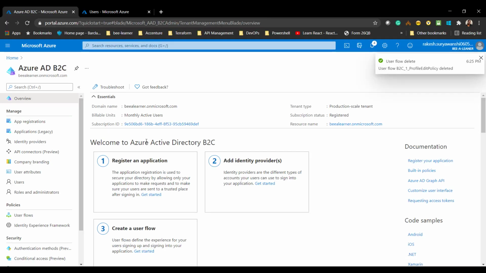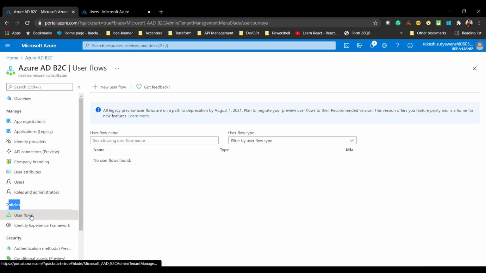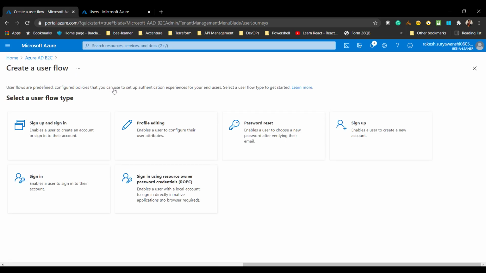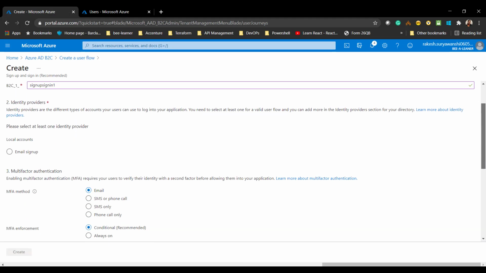Next, you need to define a user flow. If you go under policies here, click on user flow, add new. If you haven't done so, choose sign in and sign up. This will allow users to sign in and sign up. You can provide any name here.